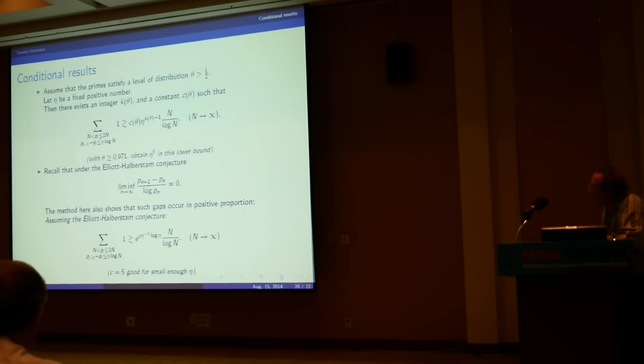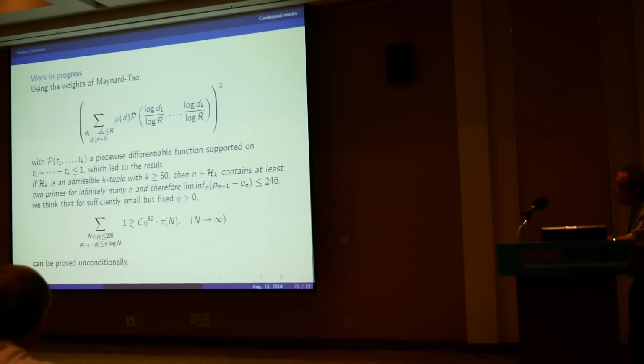We also have some conditional results, assuming that the level of distribution holds beyond the Bombieri-Vinogradov level one half. Then you get not exponential but polynomial bounds with eta, so getting closer to the prediction of Hardy and Littlewood. And now we will be working on the same problem using the weights of Maynard and Tao,